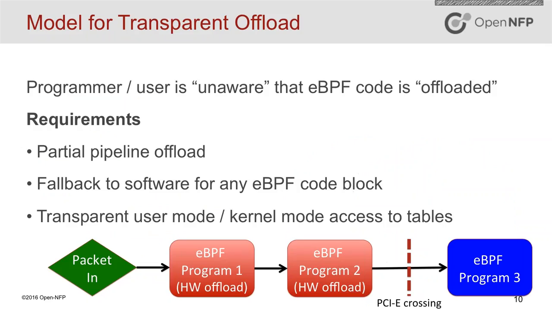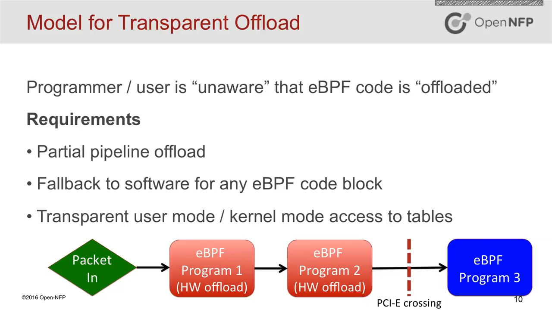So we mentioned earlier that it's very nice to have what we call a transparent offload model. And what this means is we're talking about having code that could be run in the kernel or in hardware. That's what we want to do with the eBPF program. We want to facilitate the mechanism to offload it into hardware. And for this to work, you have to have a number of requirements met. And this includes being able to have part of a pipeline, part of a sequence of eBPF programs offloaded.